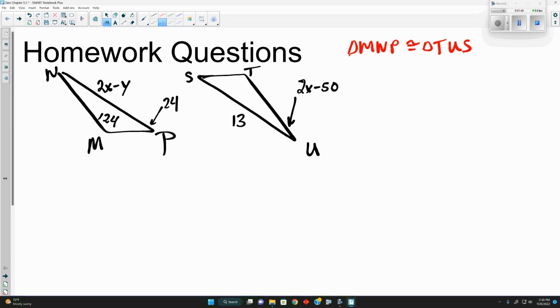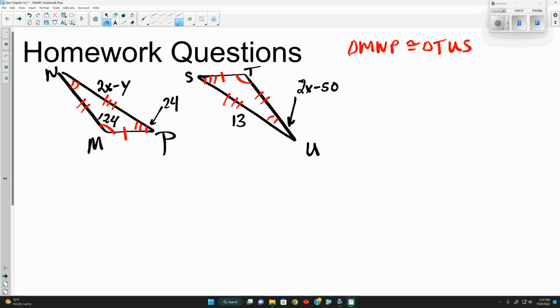All right, guys, so we're looking at this one here, number 10. Now, they gave us a congruency statement, which does help us match up the corresponding parts. So, MNP, TSU. So, we know that M is congruent to T, N and U. And we also have P and S are congruent. It also means the sides between the 1 and 3 are going to be congruent. These here and